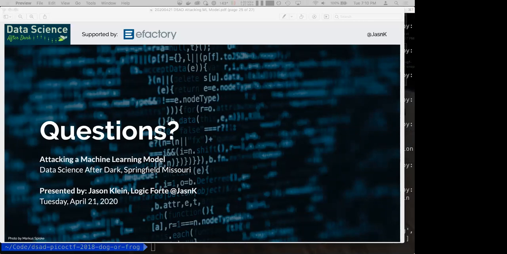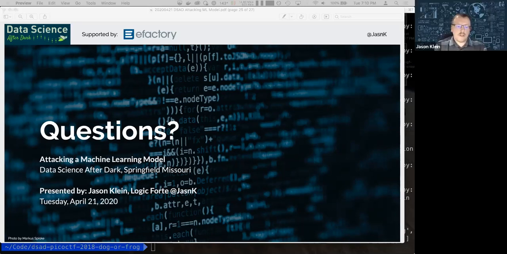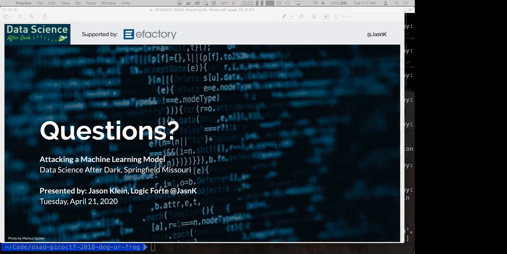Okay. So they're not tearing the model apart. They're basically just trying combinations until they find something that gives them the answer they want. So if your model sits behind an API, someone's really going to have to hammer that API before they can generate one of these.